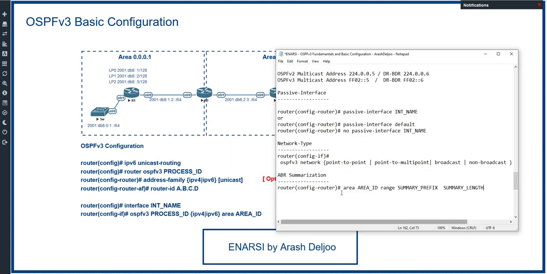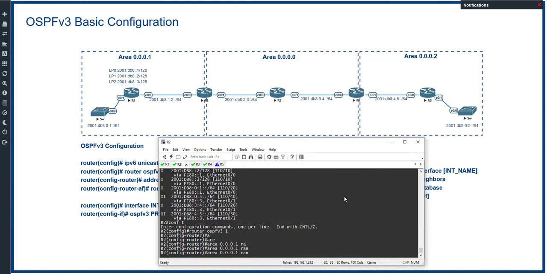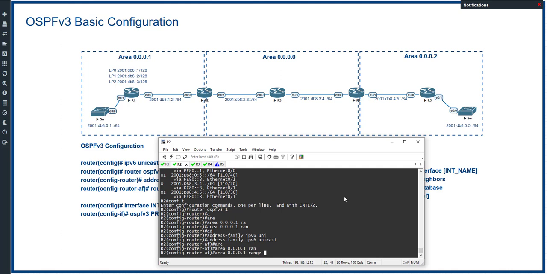After that we can do this command. Let me show you. First we should go to the address family, for example address family IPv6 unicast mode, then router config-router-AF, where AF means address family, and now we can use this command. This is so simple. Here we use address family IPv6 unicast, then area 0.0.0.1 range to which IP,